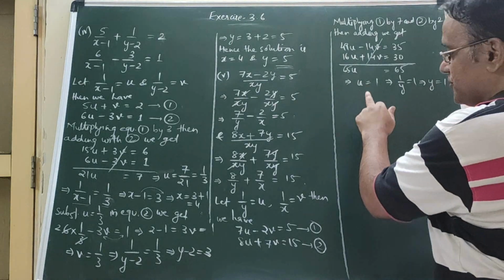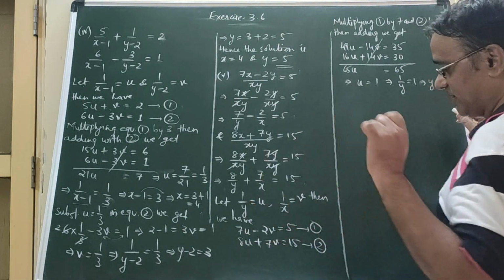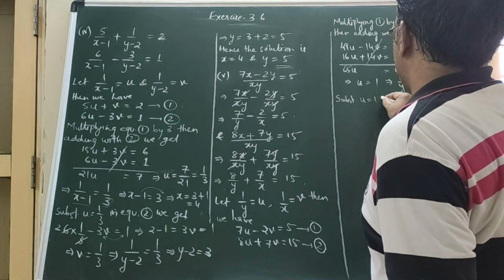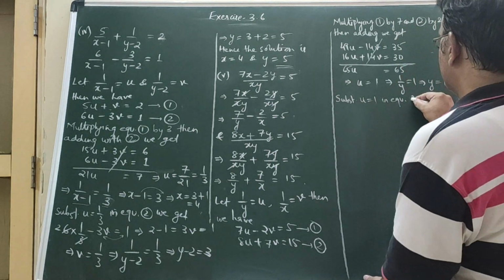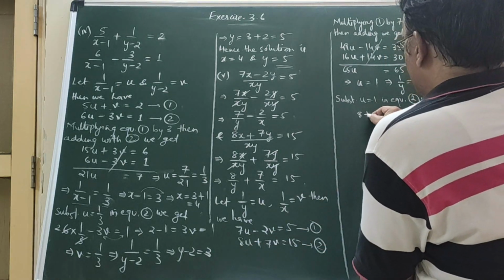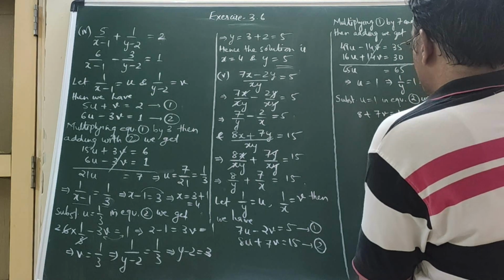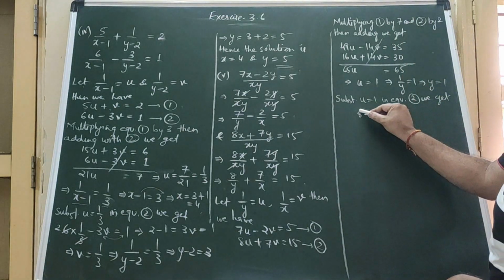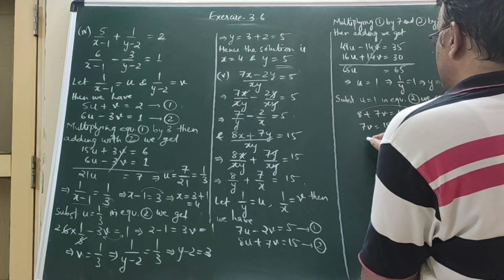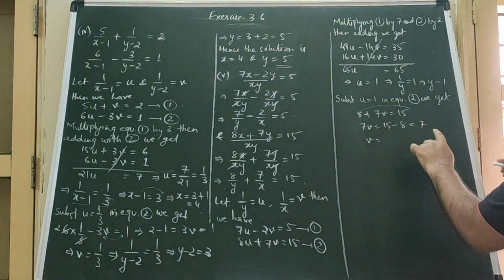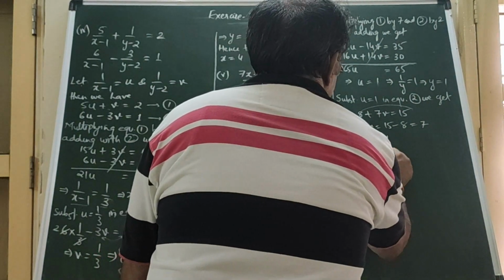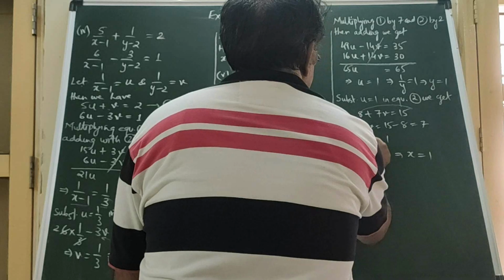Now we are going to substitute u in second equation, क्योंकि वहाँ पे माइनस कोई भी नहीं है. So substituting y is equals to 1 in equation 2, we get, so 8 plus 7v is equals to 15. Now we'll shift 8 to this side. So 15 minus 8, 7 हो जाएगा. So we'll get 7v is equals to 7, that is v is equals to 1. So what was v? 1 by x. So x पे यहाँ पे 1 आ गया.